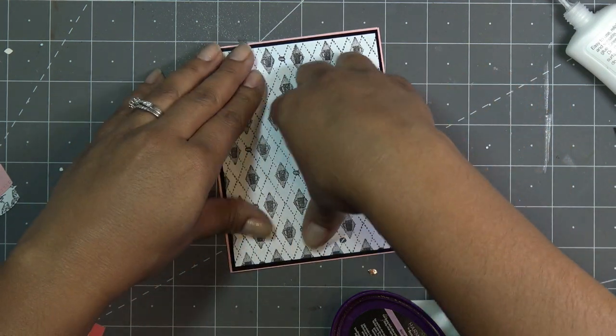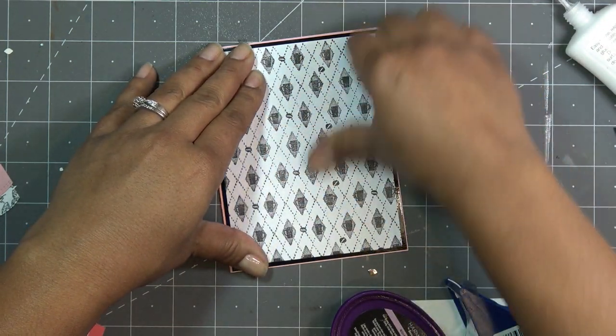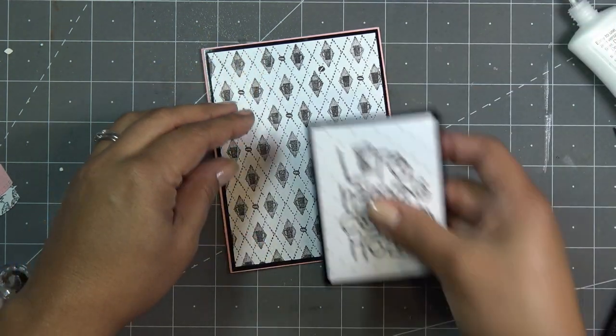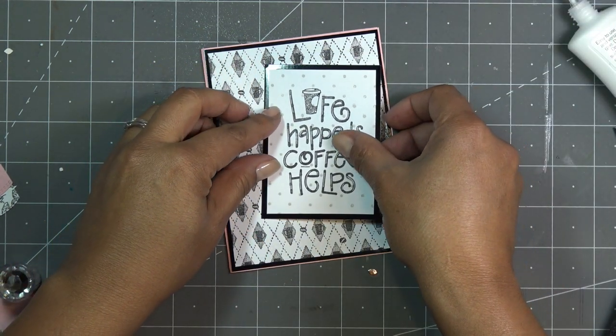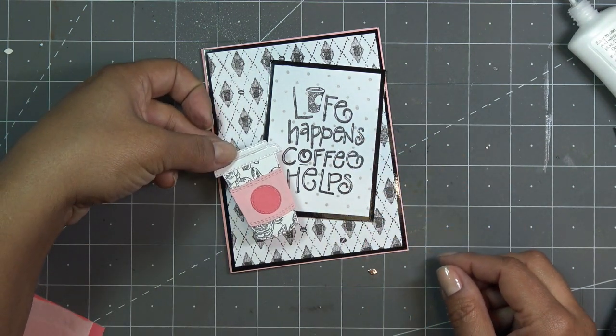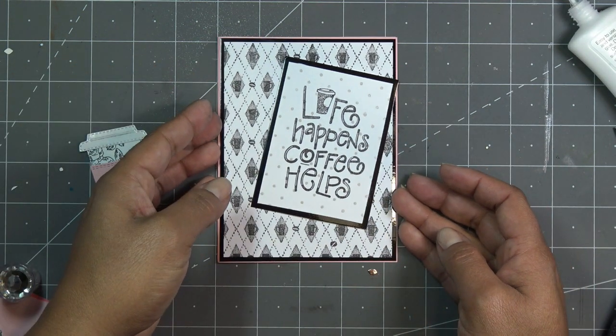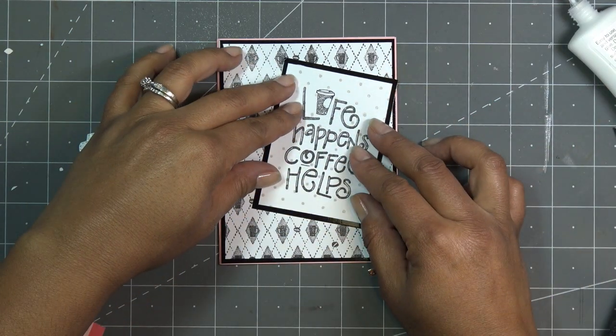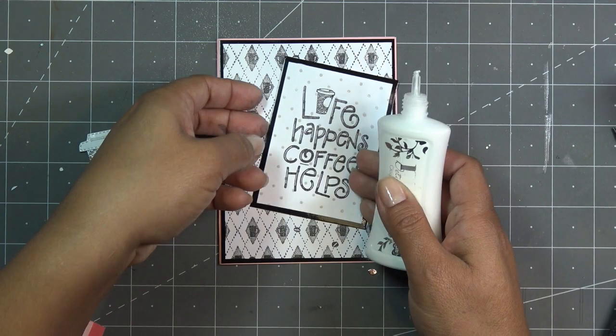About a 1/16 of an inch all around. Haven't decided what I was going to do with this part. If I was going to stick it down flat, or at a jaunty angle, which you always like, because then I was going to put this little guy like this. Oh my gosh. Yes, it needs to be at an angle. Super cute. You can do dimensional this, dimensional that. That'd be really cute too, but I think I'm going to keep it flat. And then...